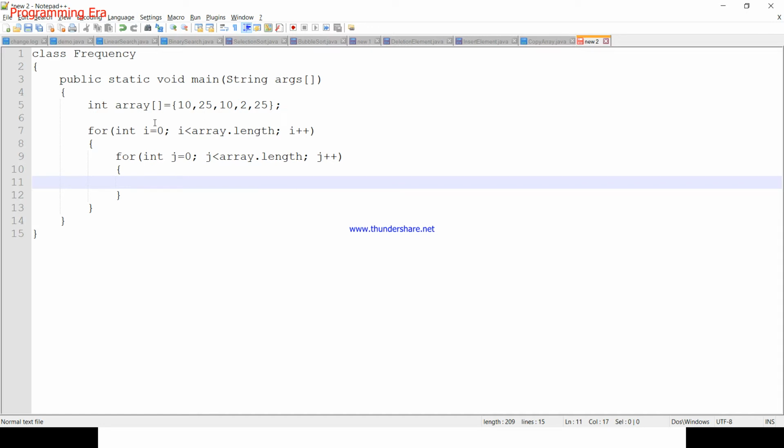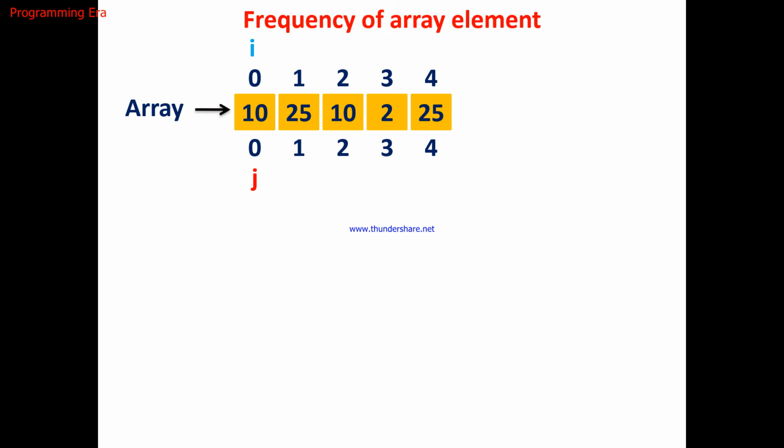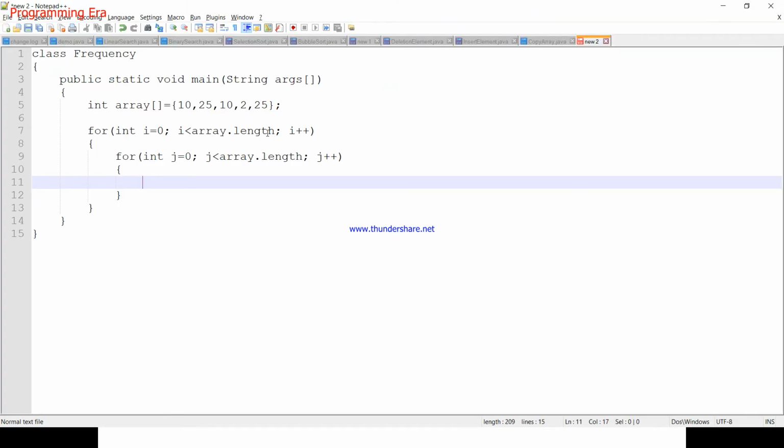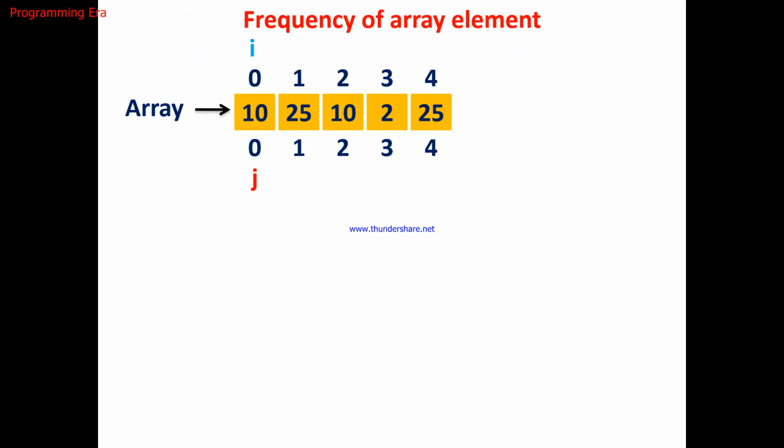Like this, we will start one loop from the start, 0th position, and we'll go to the last of the array, and the second also starts from 0 and goes to the last of the array. One is the ith loop and the second is the jth loop.